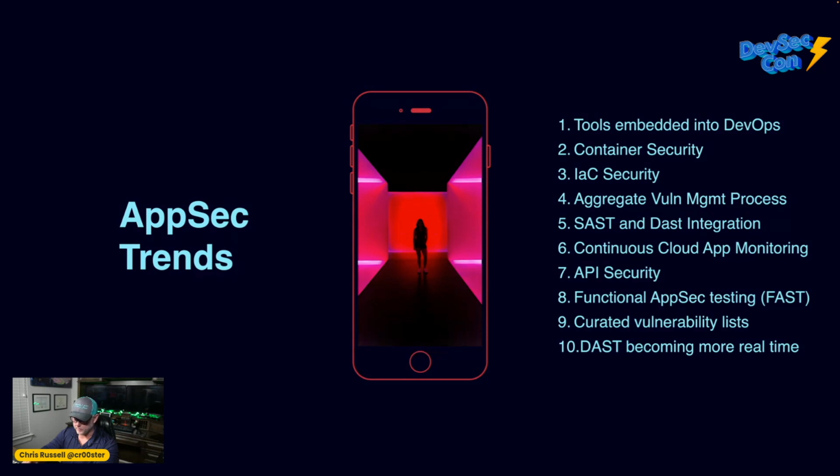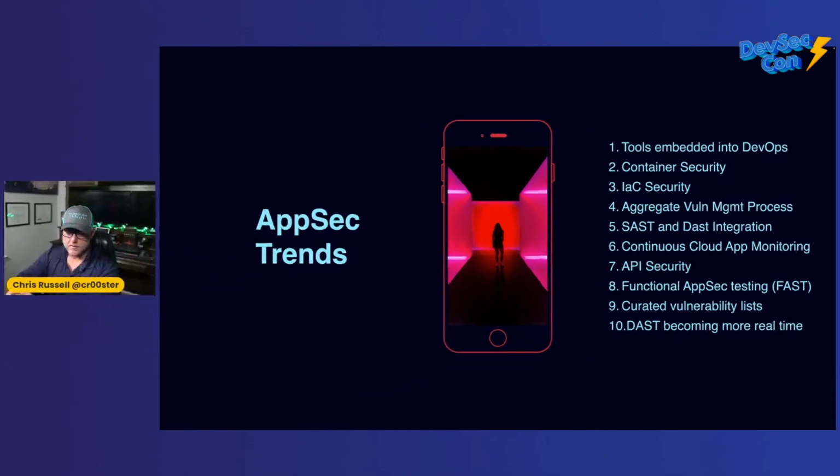API security is another one where a lot of people barely had API documentation, barely had schemas, never mind any sort of security around it. Now that people like Melissa and I have gone through and shown how easily they can hack financial institutions via APIs, they're starting to see a lot of process, talk, and tools around this, and I think that's a really great thing. Functional AppSec testing, again, not something in the past that was super prevalent. Now we probably have tons of options on tools and how you can do that.